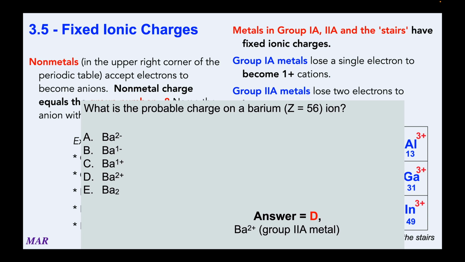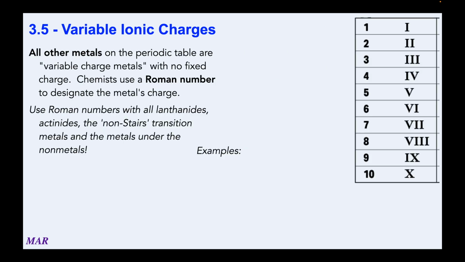So we would predict barium to have a +2 charge, and 99.9% of the time it is +2, just like strontium above it, just like radium below it, stuff like that. They're all +2 in that group. All of the other metals, though, on the periodic table, and there's a lot of them, so all the transition metals except for the stairs, the lanthanides and the actinides, there's some metals under the nonmetals, all of those